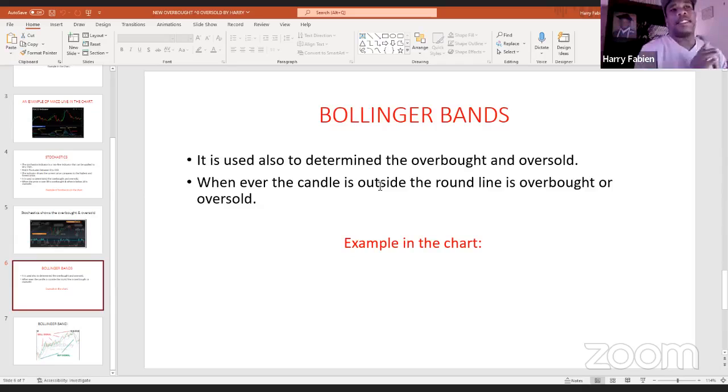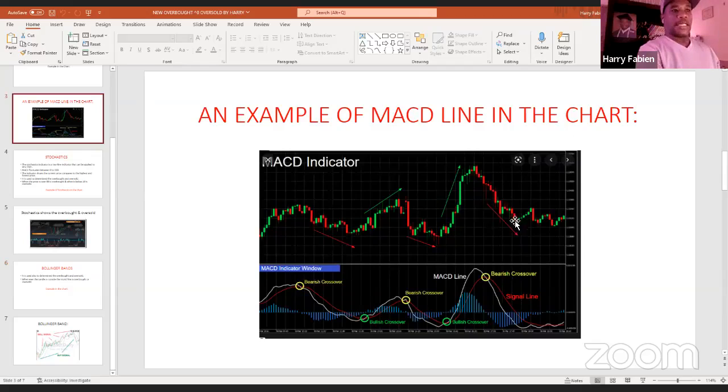the lines are different, because stochastic just shows you two lines, 80 and one line down at 20. So these two middle lines cannot go over 80. Whenever it goes over 80, it shows you an overbought signal. Whenever it goes below 20, it shows you an oversold signal. So now